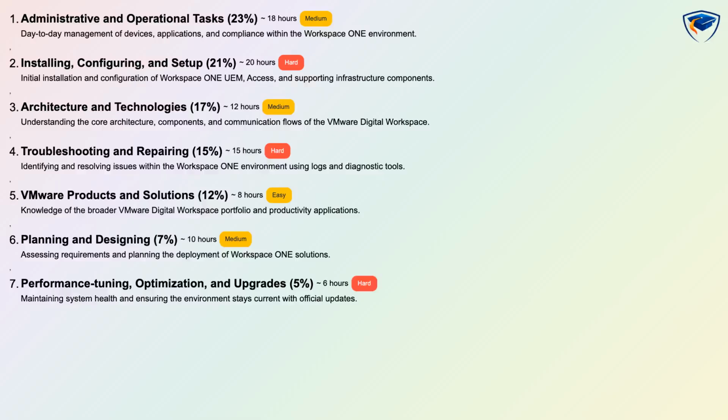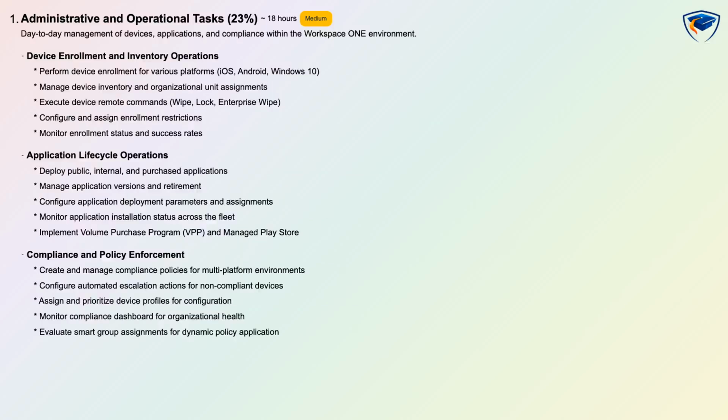Administrative and operational tasks is 23%, installing, configuring, and setup is 21%, architecture and technologies is 17%, troubleshooting and repairing is 15%, VMware products and solutions is 12%, planning and designing is 7%, and performance tuning, optimization, and upgrades is 5%. Administrative and operational tasks is weighted at 23% and focuses on day-to-day management of devices, applications, and compliance within